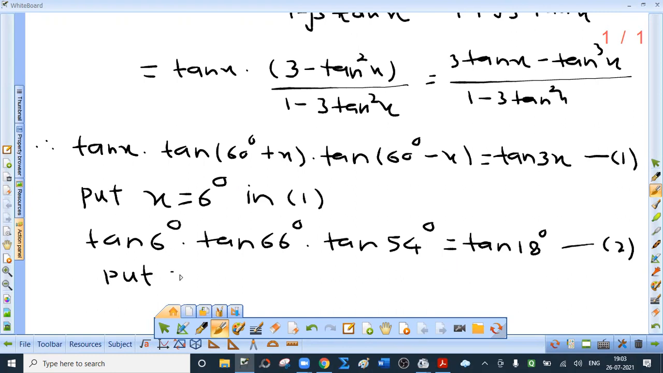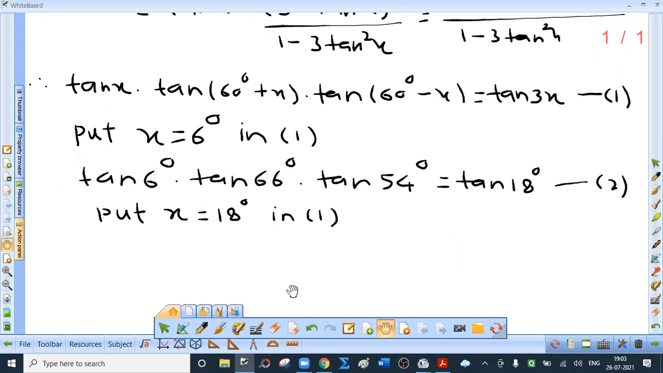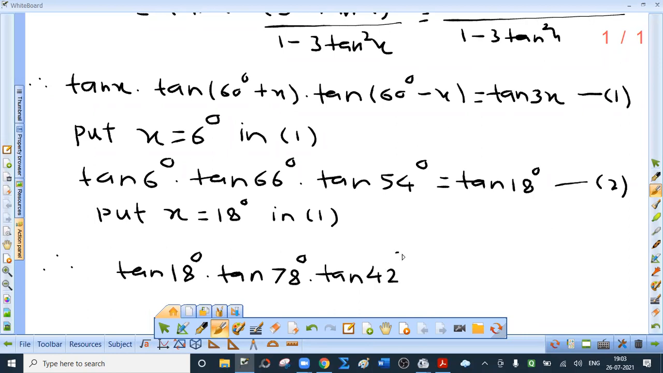Now I will say put x equal to 18 degree. Why? Because then only we get the answer. Put 18 degree in 1. Therefore, tan 18 degree into tan of 78 degree into tan of what is 60 degree minus 18? 42. So tan of 42 degree